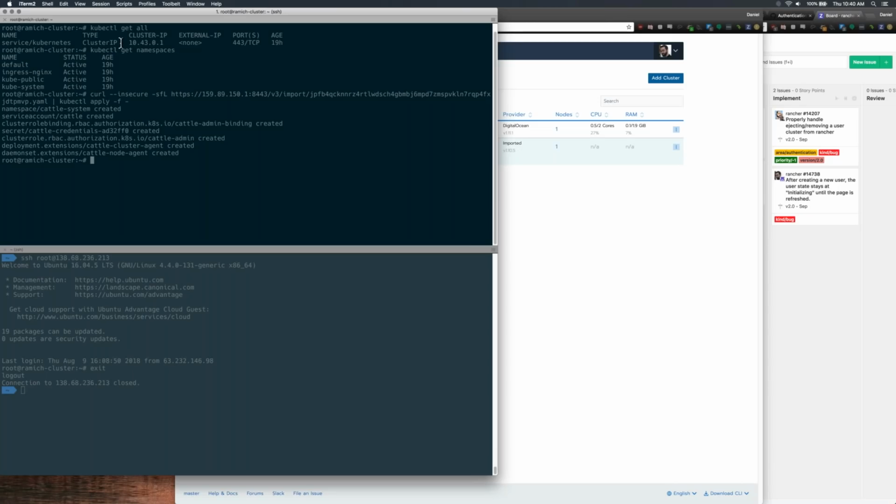Any cluster that Rancher is a part of is going to have a namespace called cattle-system. It's also going to set up a service account, role binding, some secrets, deployments, stateful sets, just different pieces that Rancher needs to run in there. So the main thing that we can look at